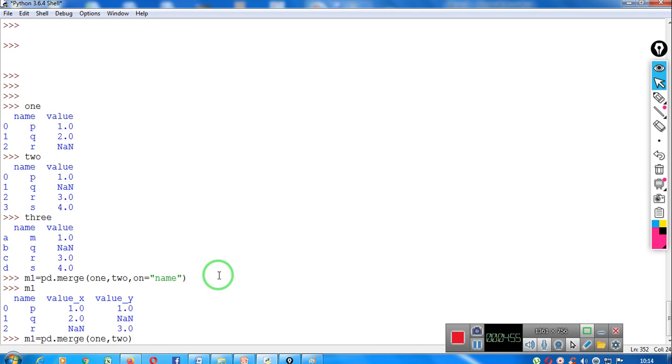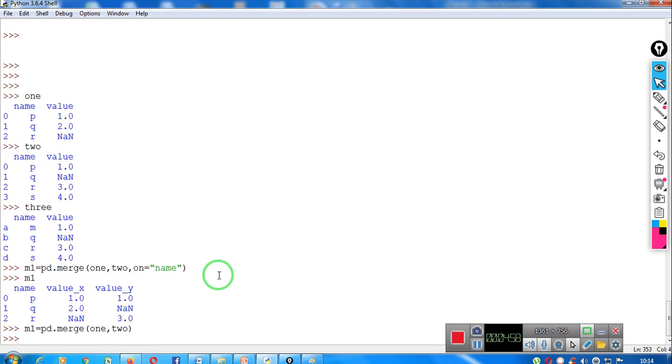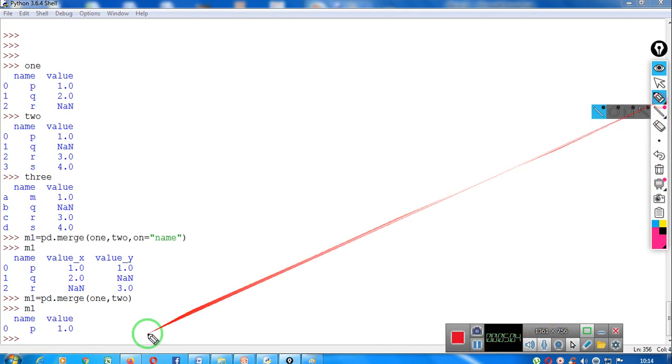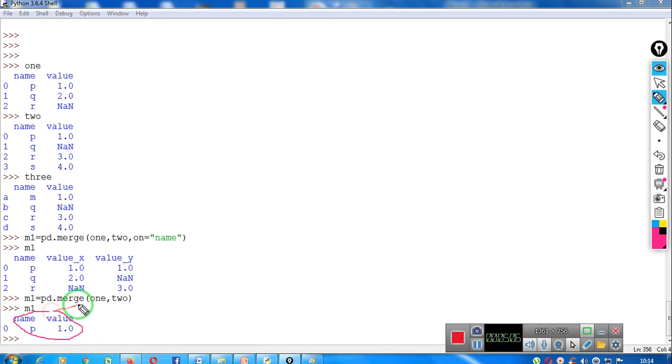So when I am writing over here pd.merge 1, 2, let's see what's happening over here. Merge. So it is only displaying P1. So what is happening over here? When I give the command pd.merge 1 comma 2 without specifying any field name based on which I have to merge, it is checking both the columns. Like there are two columns, it will check both the columns, and those rows which have identical values, only those rows will be displayed. Like over here, S is here, but S is not there, so this will not be displayed.